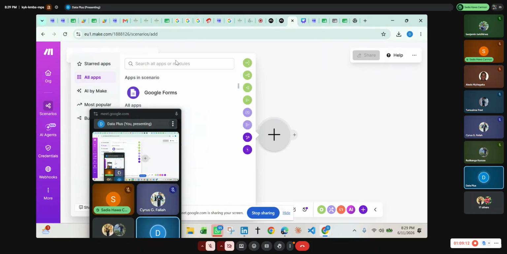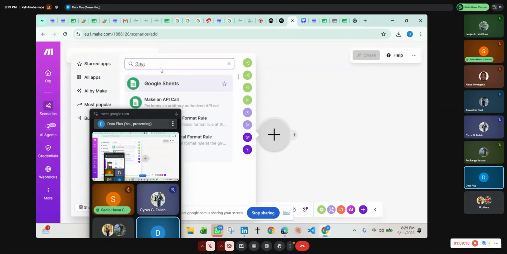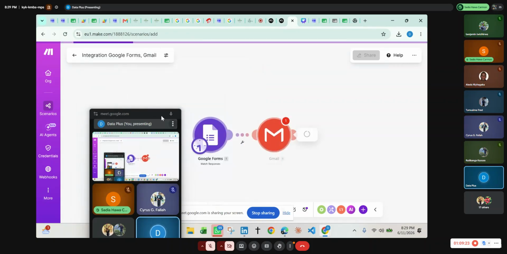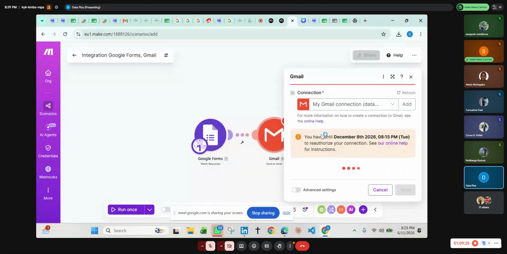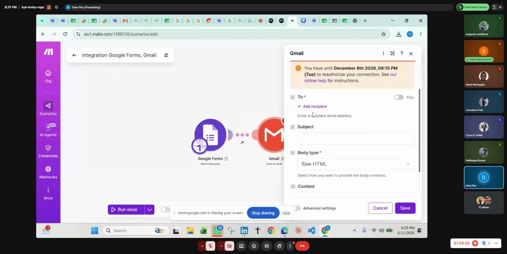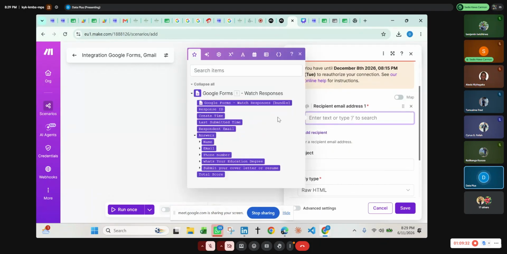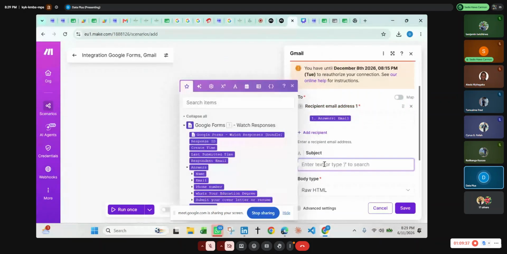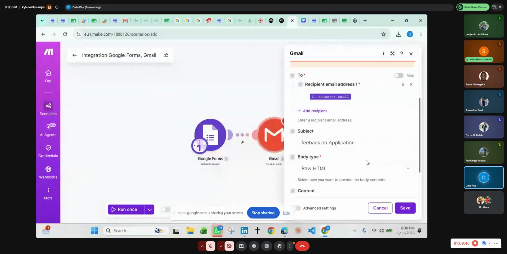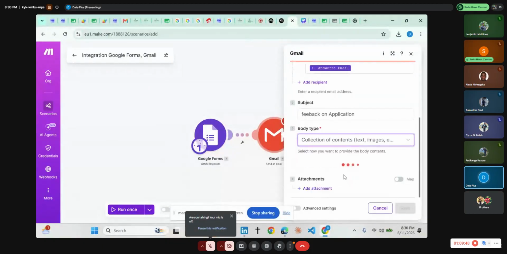This time we are going to add Gmail. We are going to do send an email. It's connected. The recipient, as Silas just asked, will be the email they filled. The subject will be feedback on application. Okay, let's do the content. And the feedback will be